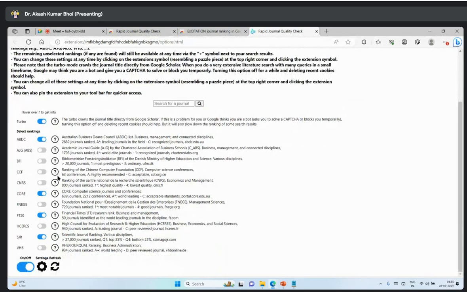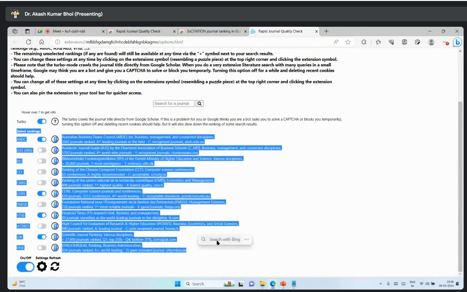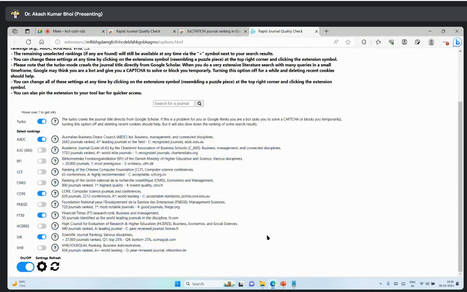Many of you from a management background can get ABDC indexing also, if you would like to see that. Yes, you can get it. And also the SJR information, that is the Scientific Journal Ranking, or you can say SCImago Journal Ranking, the quartile information. Based on this indexing, you can select the indexing which is relevant for your particular area, like